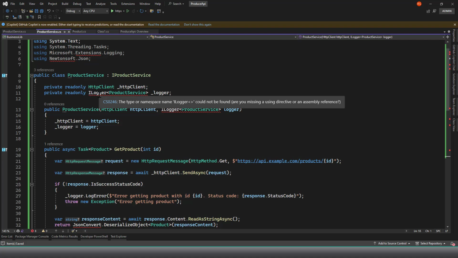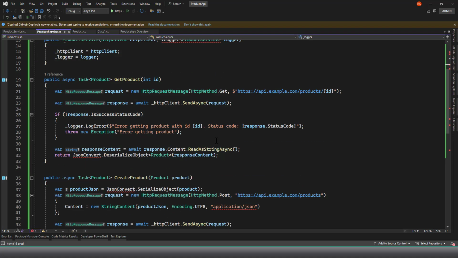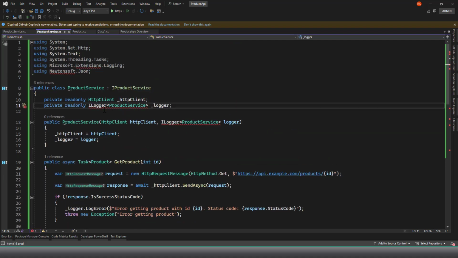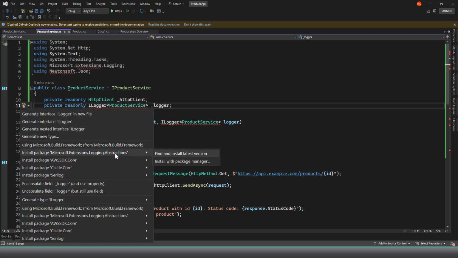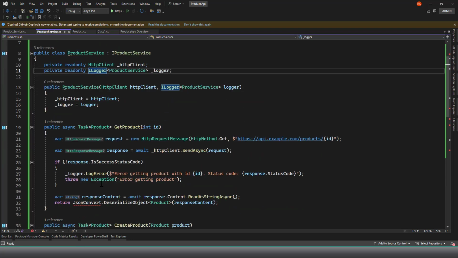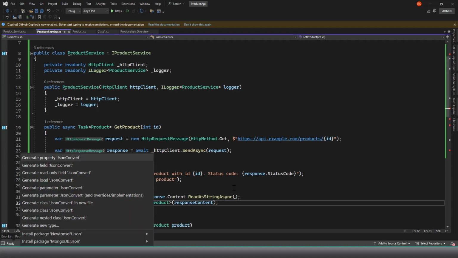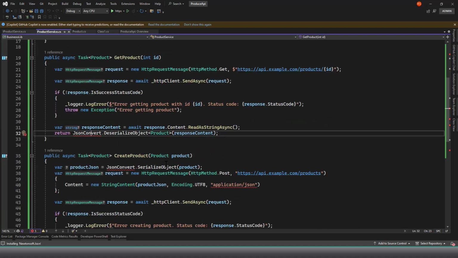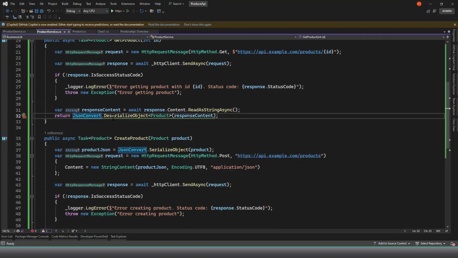There are some NuGet package extension errors which I'm getting right now because of course that has to be added in the solution itself. So what are the NuGet packages it requires to add? Let's see that. First of all it's looking for a NuGet package for iLogger. So that's going to be the logging extension NuGet package. So it has basically given you the usings block. It's just the NuGet packages are not being added to your solution. That's why you have to add it, which I'm sure you are already aware about as you are a .NET developer. So I've added both the NuGet packages to my solution, and